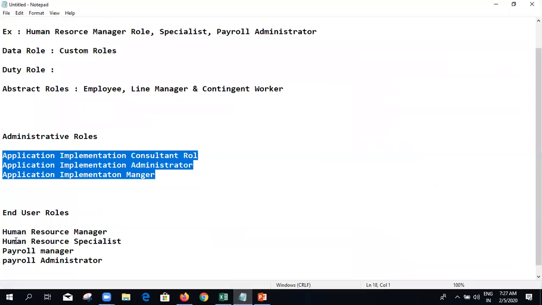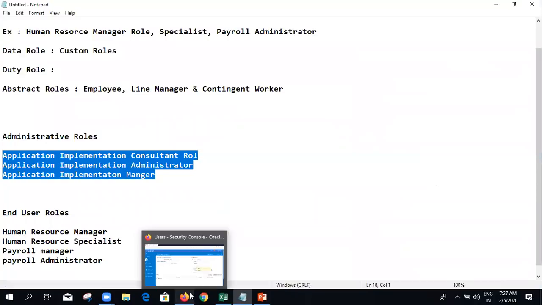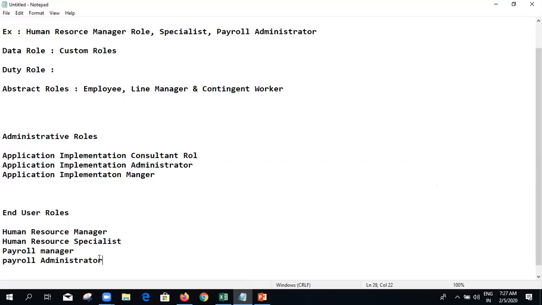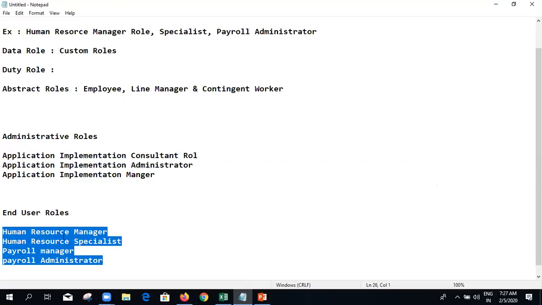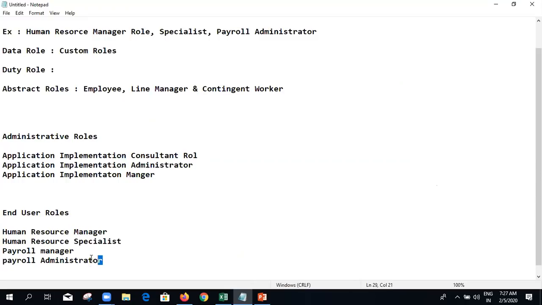And employees at the client's place, the end users, have to be assigned these set of roles as per their job. An HR trainee or HR executive will be assigned these roles. Or at the client's place, the person responsible for processing the salary, if he's a payroll admin kind of thing, then we will give these particular roles to that employee.